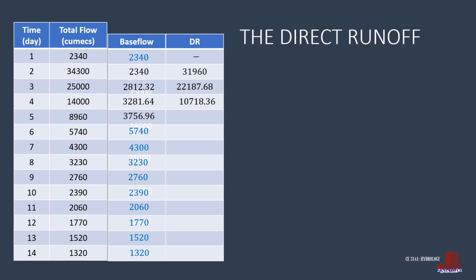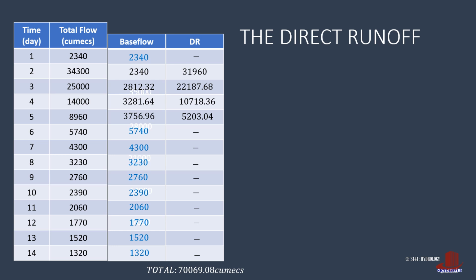That is 10,718.36 cumecs. Then on the fifth day, there is a base flow of 3,756.96 subtracted from the total flow, leaving 5,203.04 direct runoff. The rest of the days on record leave 0 direct runoff, as all total flow is considered as base flow. The summation of direct runoff comes out as